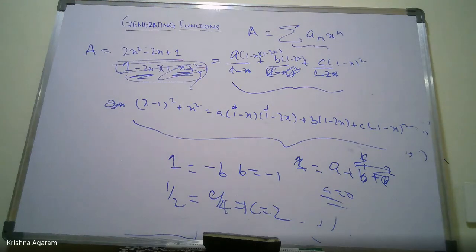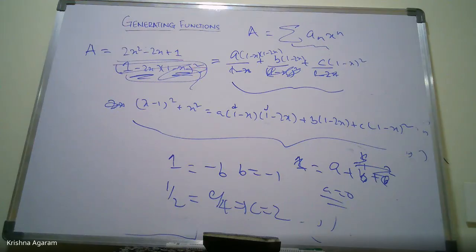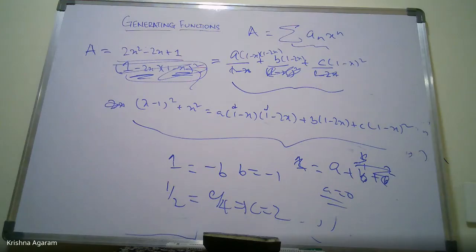This method is one way. What else were you saying? I was just asking, in general, is this method faster or comparing coefficients faster, from your experience? Comparing coefficients as in, what does that mean? In this equation, our main equation, we can look at the coefficient of x squared. Everything should match the coefficient of x cube, x squared, x, the constant. Oh, to get the partial fraction decomposition. Oh, this is way faster. Just putting values, this is way faster.